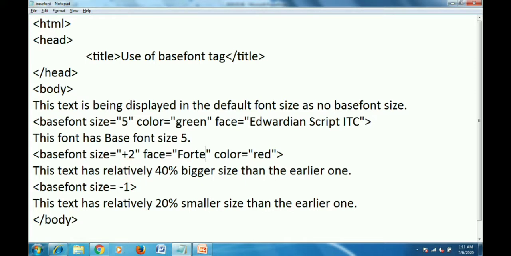Only Netscape browser will understand the relative values. No other browser will interpret or display this. Internet Explorer will understand only the absolute values. Internet Explorer will consider this value as size equal to 2, and it will consider this as size equal to 1.